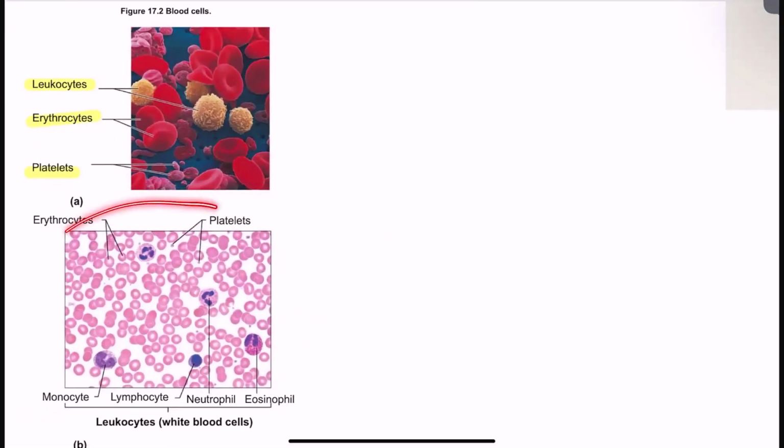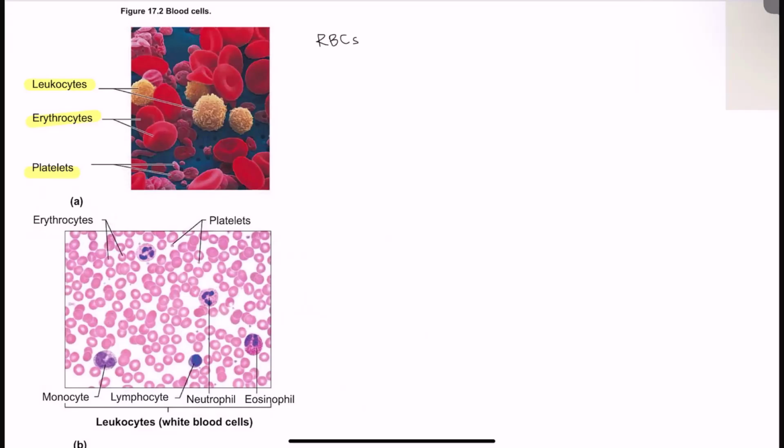The bottom picture is taken from a microscope, and we can see we have kind of the same thing going on. We have erythrocytes, red blood cells, we have platelets, little bits of cell, but we also have a bunch of different kinds of leukocytes. So there's some different types of leukocytes that we'll jump into later on in this lecture. The interesting thing is that red blood cells, so these are all the formed elements, right? So red blood cells,